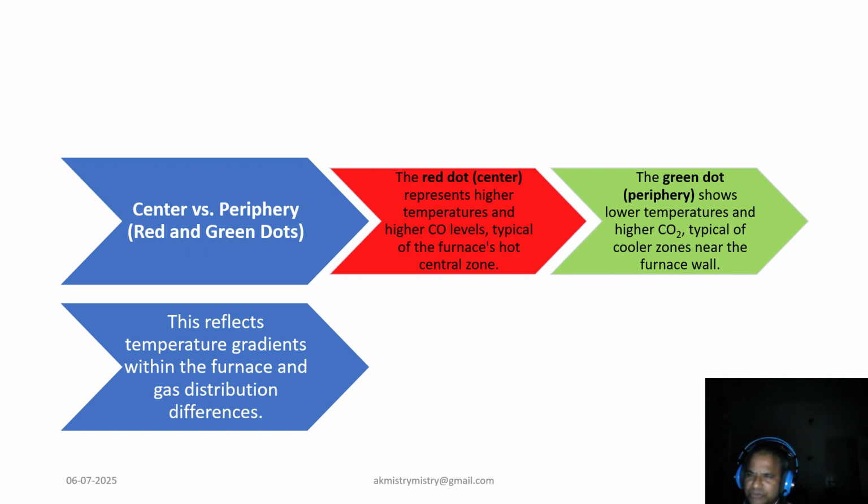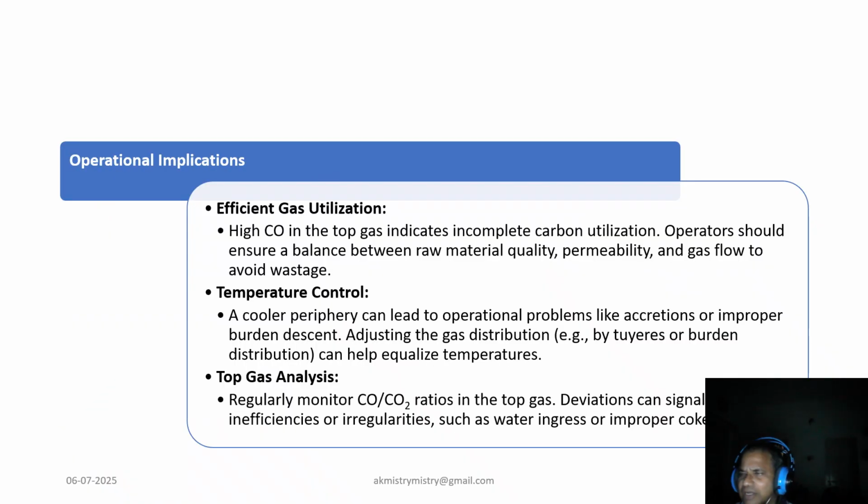furnace's hot central zone. In contrast, the green dots, representing the periphery, show lower temperature and higher CO2 levels. This is characteristic of cooler zones near the furnace wall where temperature is less. This reflects the temperature gradient and the gas distribution difference within the furnace, highlighting how conditions vary across the cross section. And this is also very important for an operator to understand in a real working blast furnace, how this Boudouard